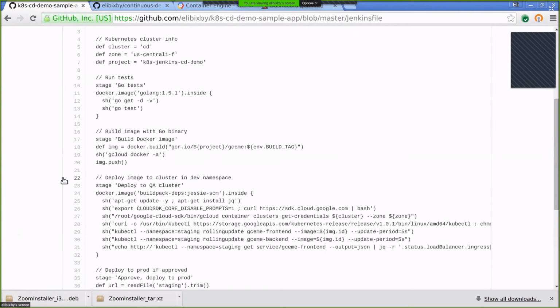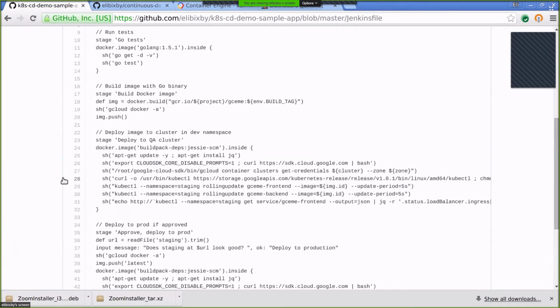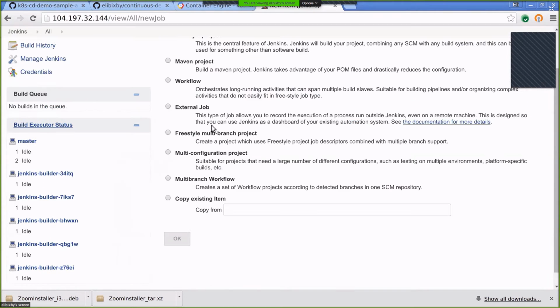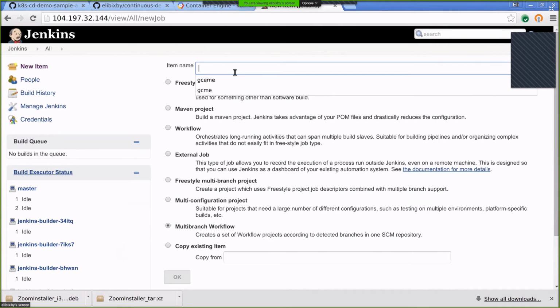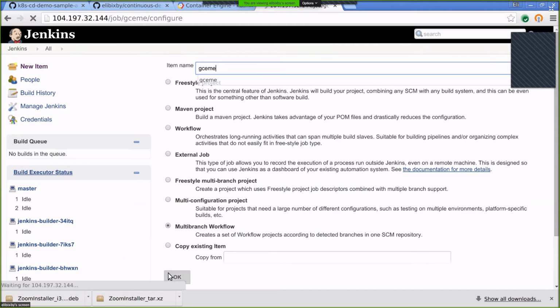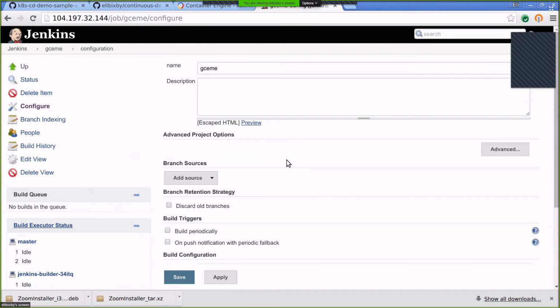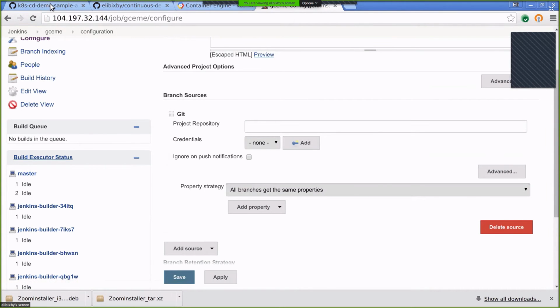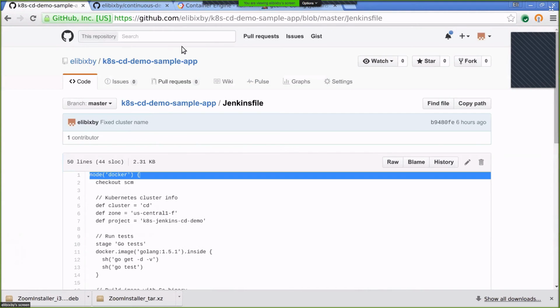And what we're going to do is try to update these pods in real time when we push to our GitHub repository. So first, I'm going to make sure that we have a job that is watching this GitHub repository. This is a workflow step style job. All it does is watch a repository for a file just like this.